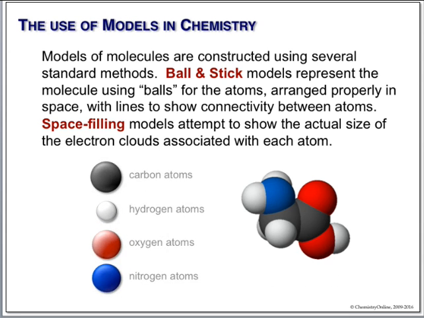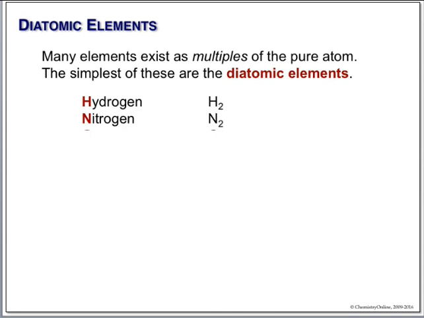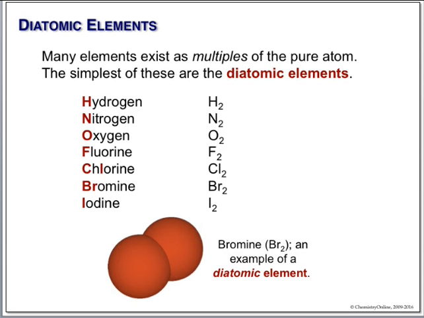The color coding that pretty much is used: carbon will typically be black or gray. Hydrogen is almost always white. Oxygen is red, and nitrogen is blue. Then they kind of go with the color of the elements themselves. So sulfur is yellow, chlorine is green, bromine is brown. Basically just the color of the elements. This is bromine, again it's brownish.